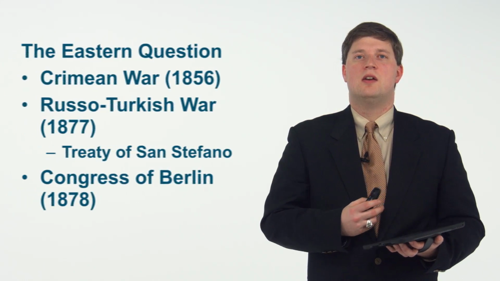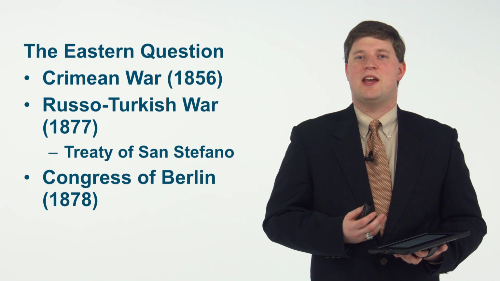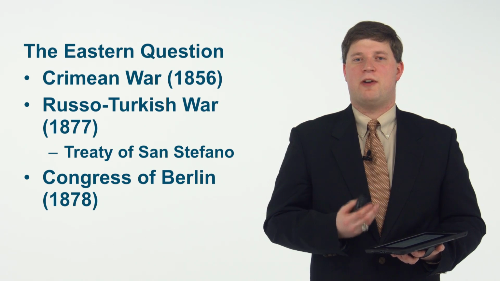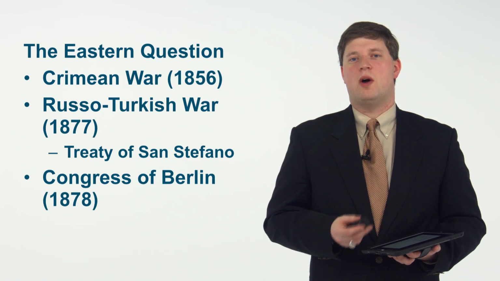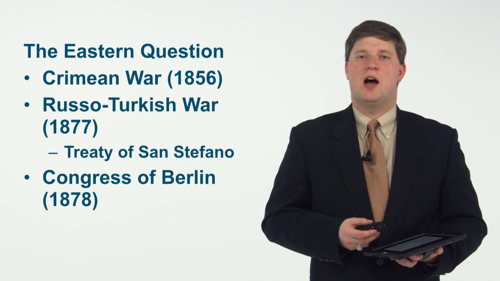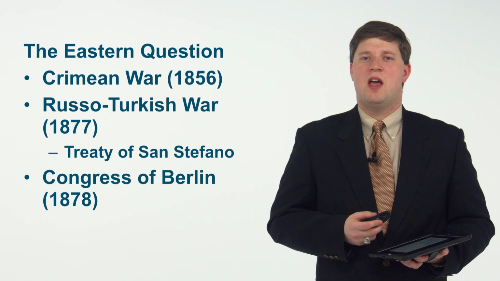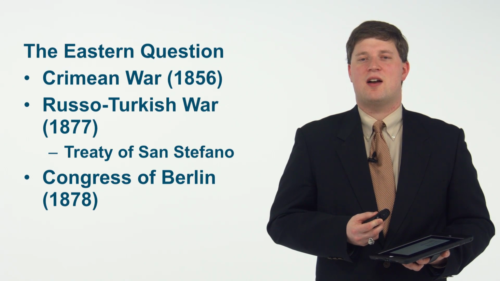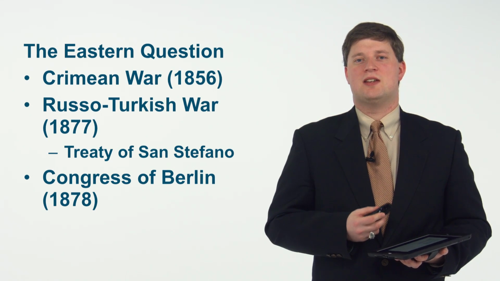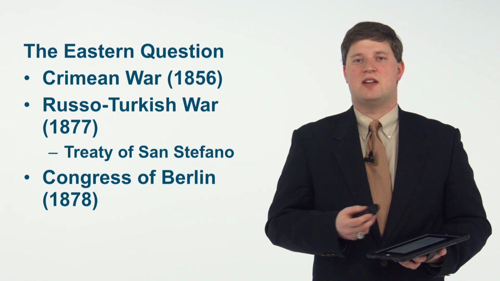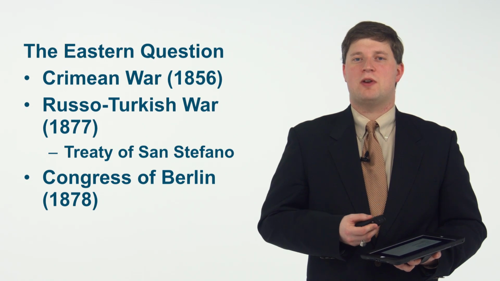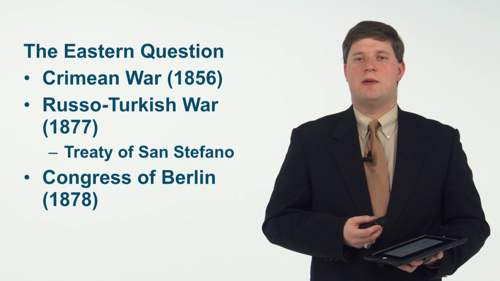Now, our first topic is probably the easiest because we've talked about it for a fair bit. The Eastern question, the question of what to do with the Ottoman Empire. We've already talked about the Crimean War, the Russo-Turkish War, the Congress of Berlin. And what you should see in this is a constant tension for Europeans during this time leading into 1900 and thereafter. What are we supposed to do with this sick man of Europe, the Ottoman Empire?